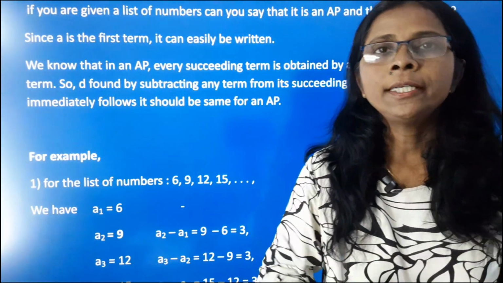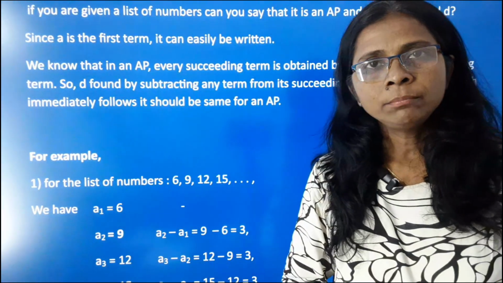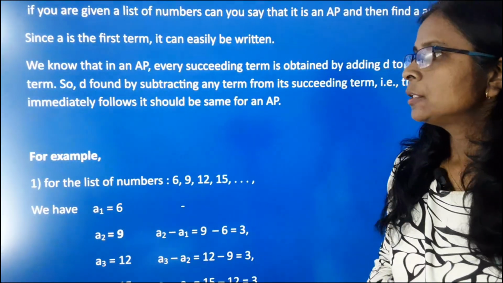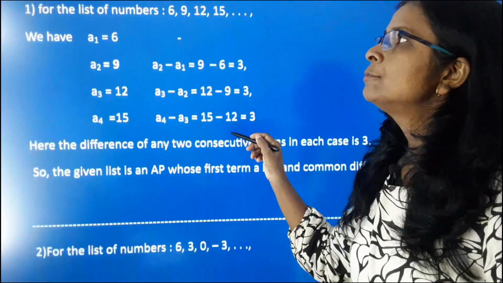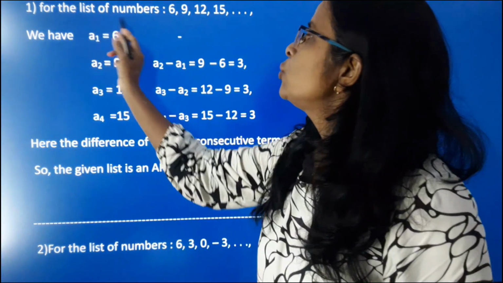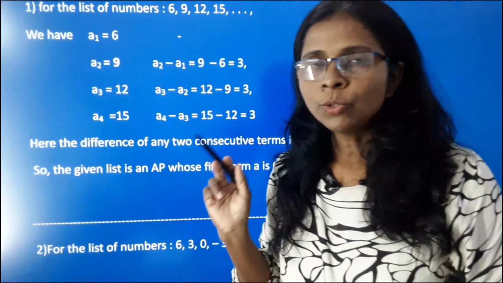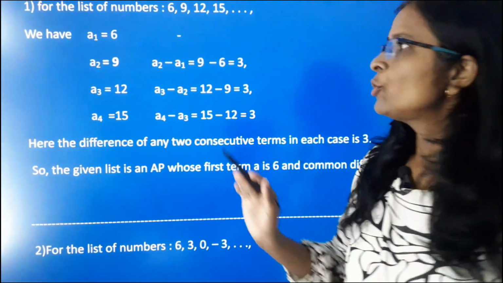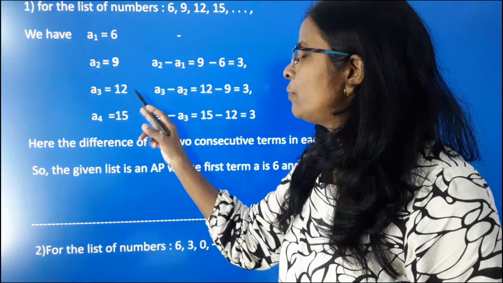If we are given a list of numbers, then we can find out the first term as well as the common difference. Here, see the first example to find out the first term as well as the common difference. See the list of numbers 6, 9, 12, 15. First write down each and every given term. So here A1 is equal to 6, A2 is equal to 9, A3 is equal to 12 and A4 is